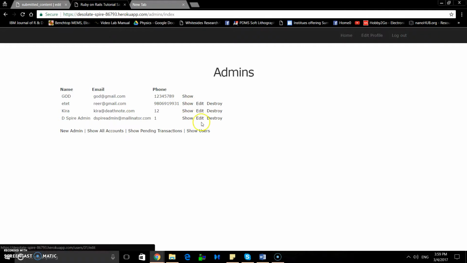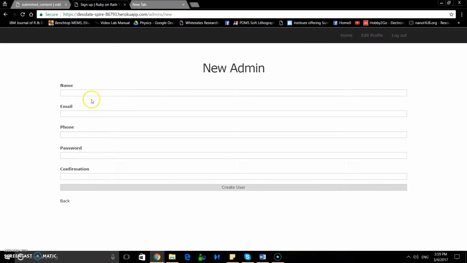The pre-configured admin has the capability to edit or destroy other admins, but the pre-configured admin cannot be edited or destroyed. We also have the capability to create a new admin. Once you enter the name, email, phone number, password, and confirmation for a new admin, you can create a new